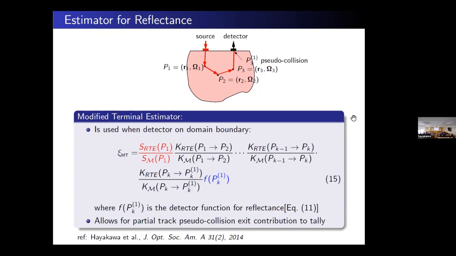In the numerator, we have the components of the actual integral RTE here. And in the denominator, we have the elements with respect to the measure, the elements that we're defining to move that photon, the density functions that we're using to move that photon through the tissue. And then we have the detector function, much like the detector function for the analytic representation.